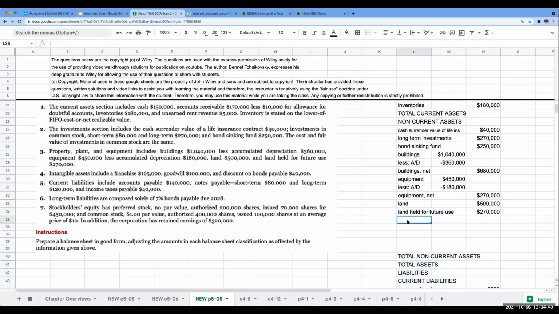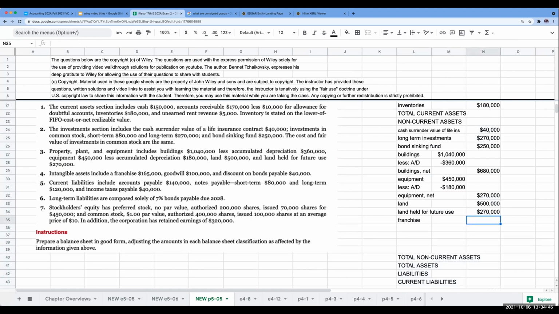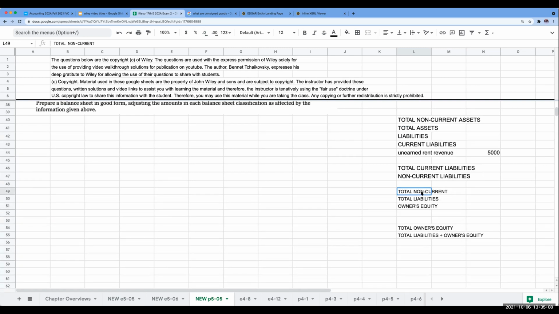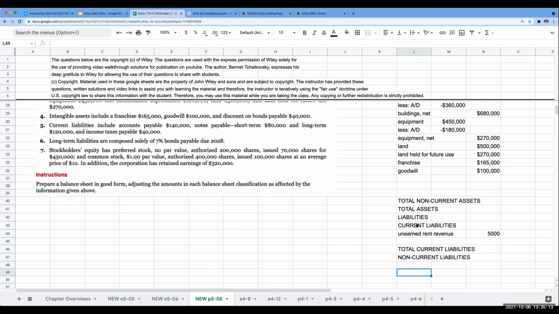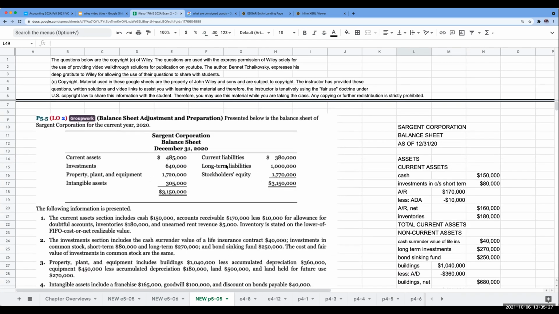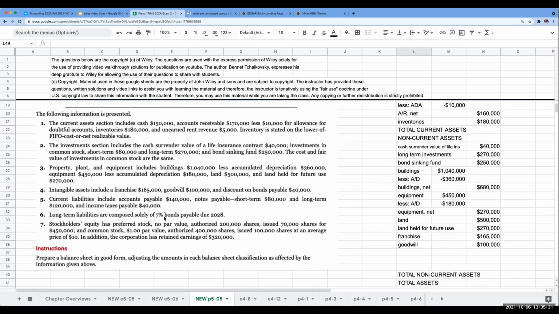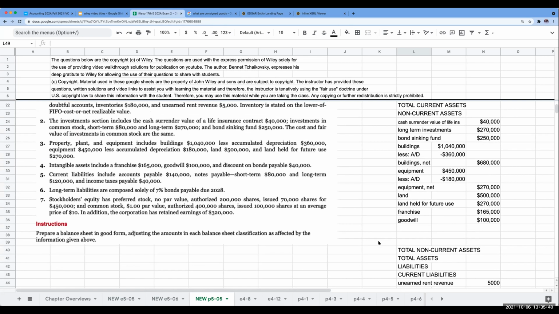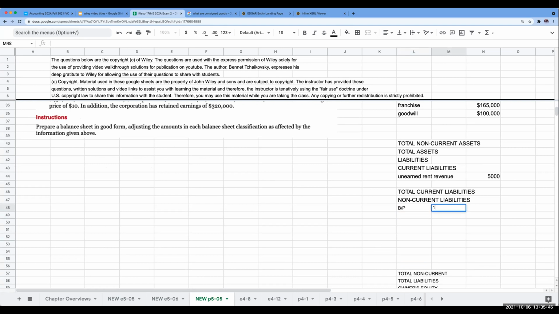Okay, so our next one is intangible assets. Franchise is 165. And then we have goodwill of 100,000. Okay, discount on bonds payable, right? Discount on bonds payable is a contra liability account. So under non-current liabilities, that is going to be showing up down here. This discount on bonds payable is what reduces the bond. We use a discount if we sold a bond below face value. So it says here, long-term liabilities are comprised solely of 7% bonds payable due 2028. This is a long-term liability because it's a year beyond the balance sheet date. So what I'm going to do here is show bonds payable at $1 million